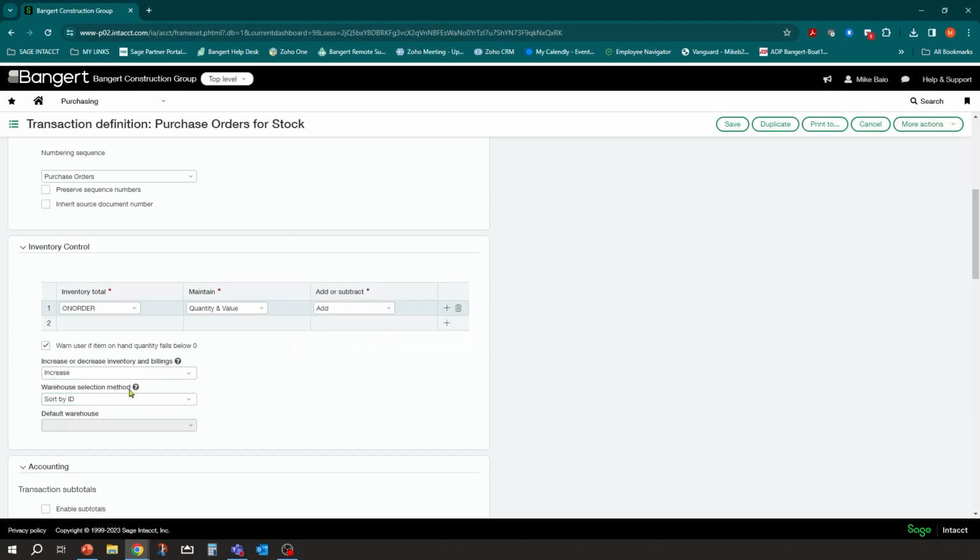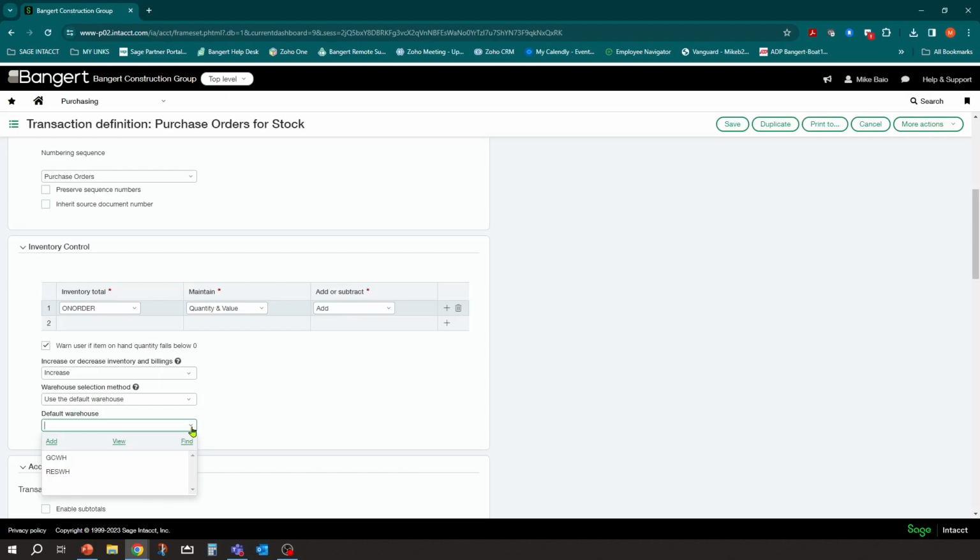And warehouse selection method. How do you want to pick the warehouse? You can sort it by ID, name, available inventory, or use the default warehouse. In most cases, it might be use the default warehouse. And then for this purchase order for stock, you can add a default warehouse here. You might have 2 definitions set up for your different warehouses.